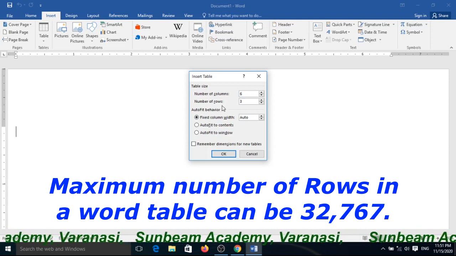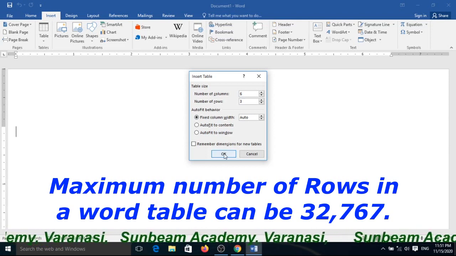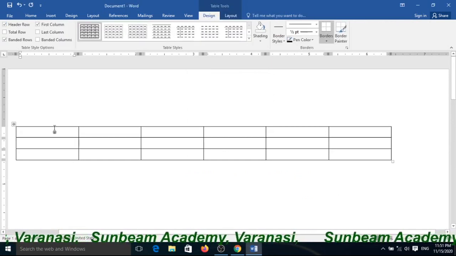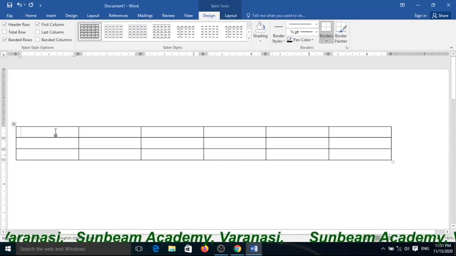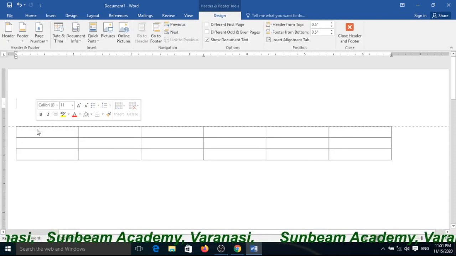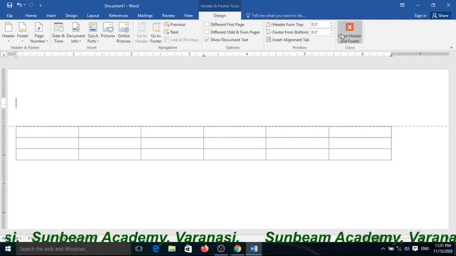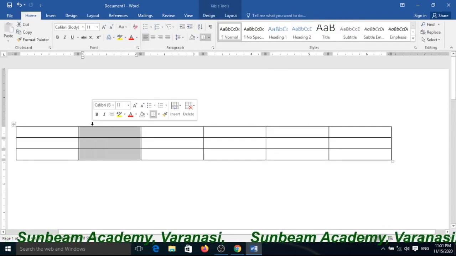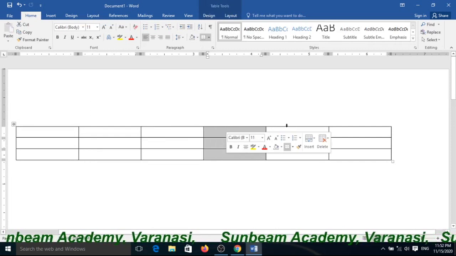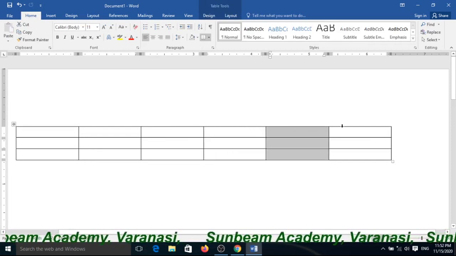Then click on the OK button and see, there are 6 columns here: first, second, third, fourth, fifth and sixth.